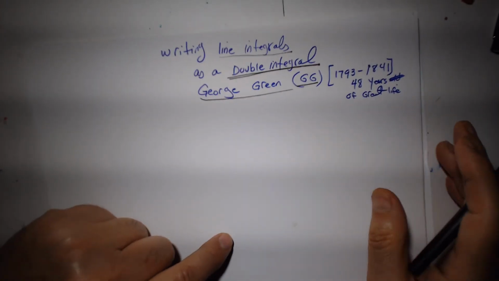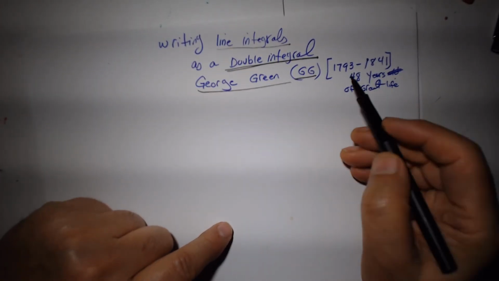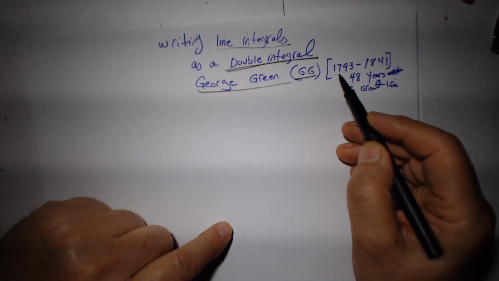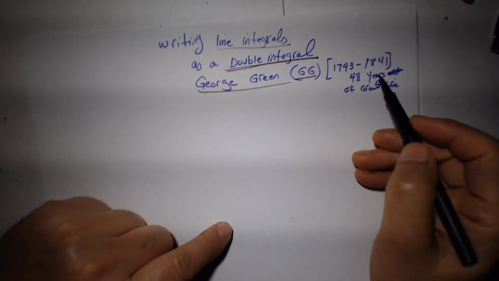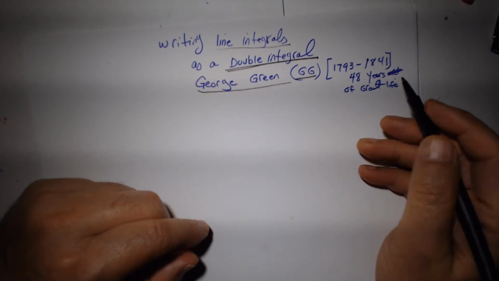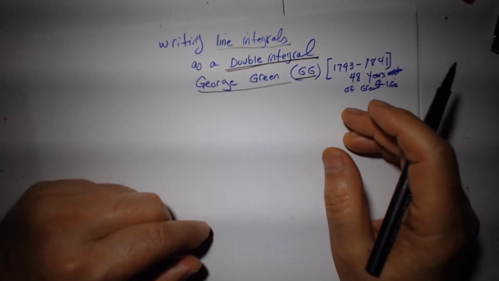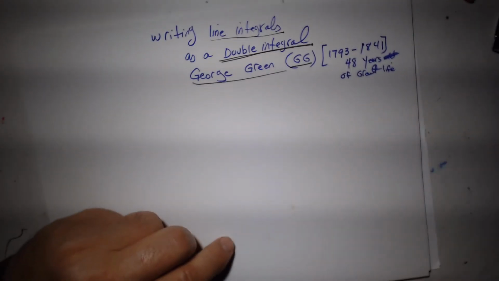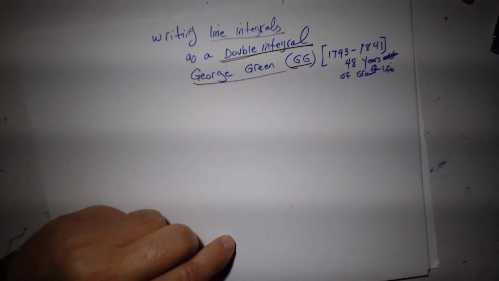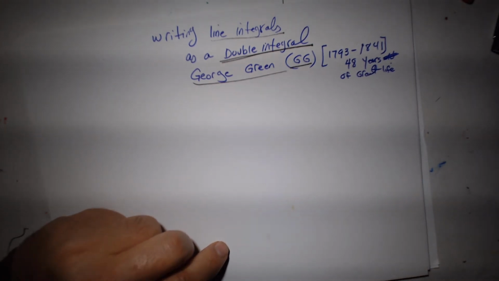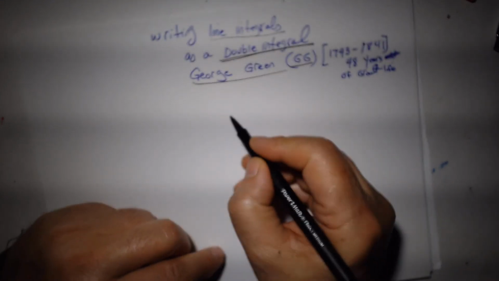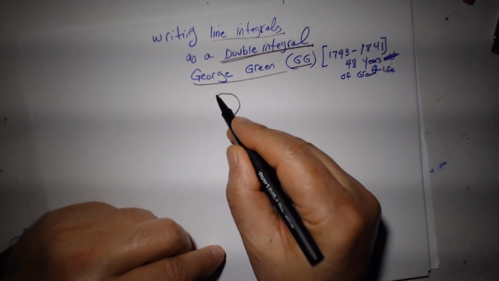The method was proved by Mr. George Green. That's why we call it Green's Theorem. He only lived 48 years. What a great life. British mathematician. And he said, if you do have a very simple connected region, such as this,